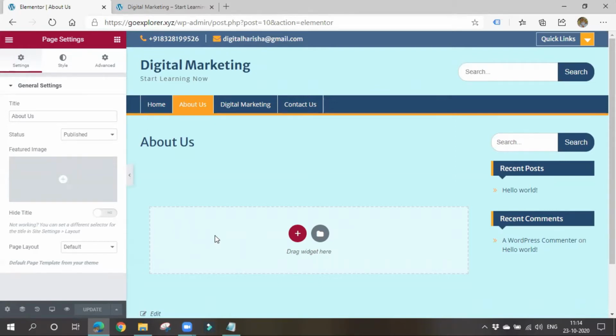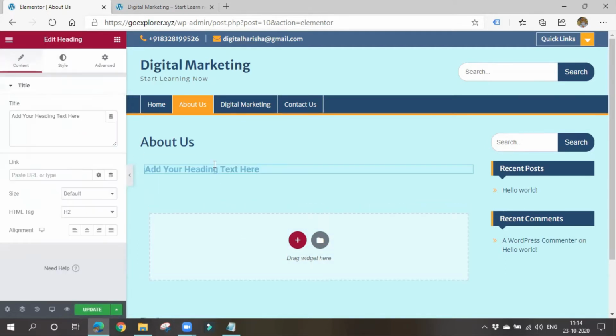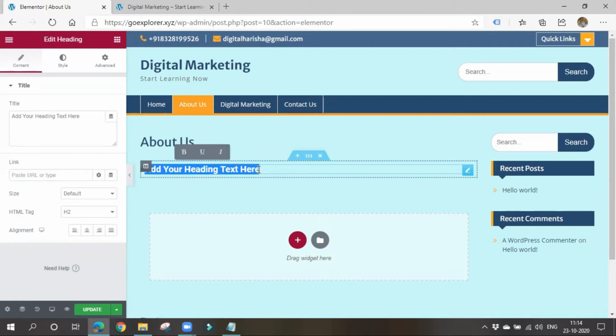Let me show you how to add a text initially. So see here, there is a thing, right? Simply click here, or else you can go here. Okay, here there is an option, the application option. Please click here. You'll get all the elements you can use. So simply drag and drop it here. If you drag and drop it, you can add whatever you want. So I'll write digital marketing. So you can also change all these colors and whatever you want.